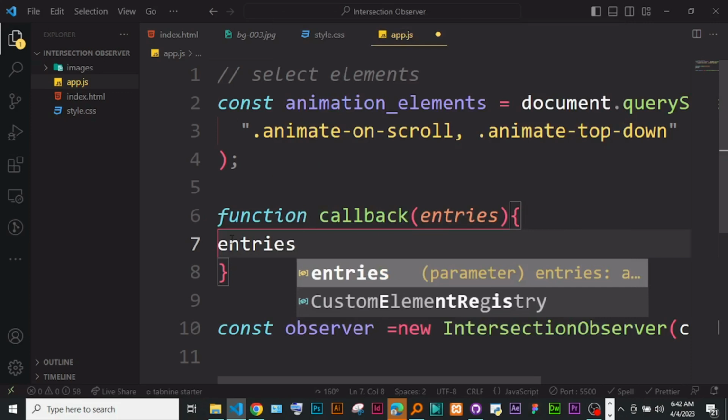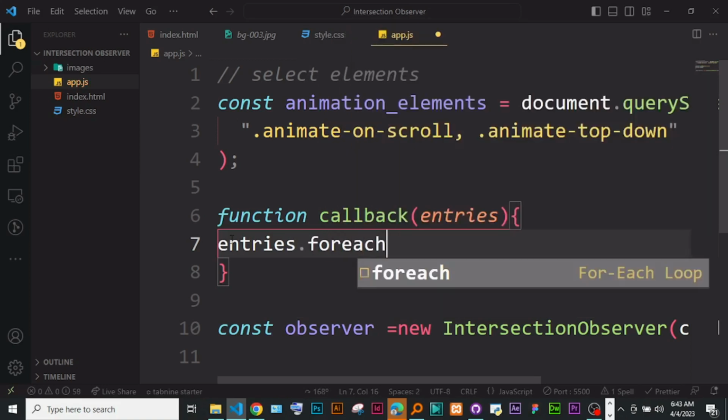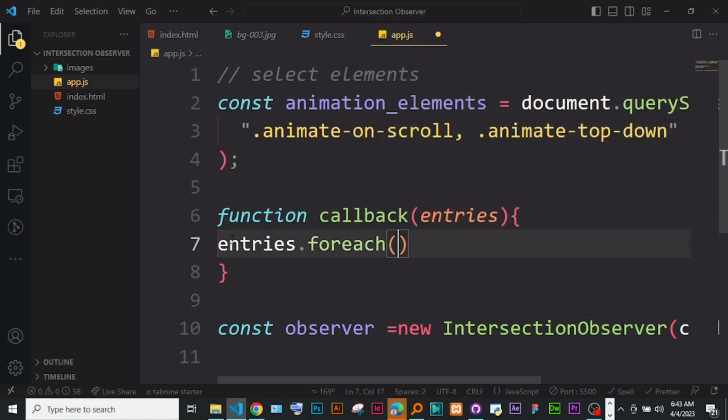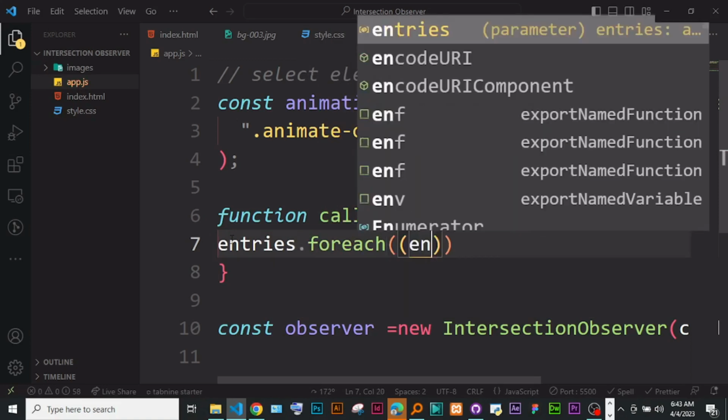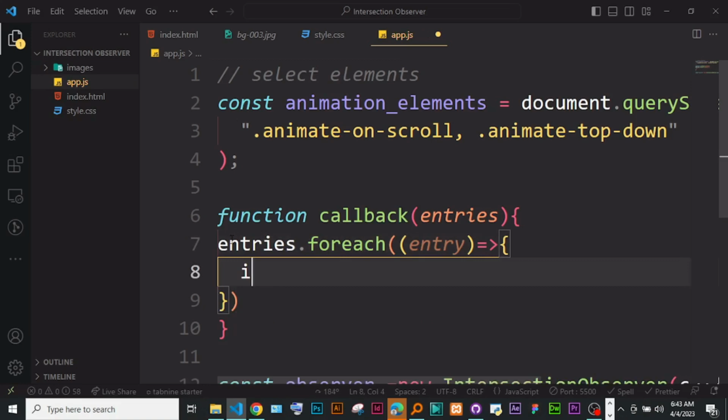So it is going to observe these entries. So for each of these entries, it is going to ask if